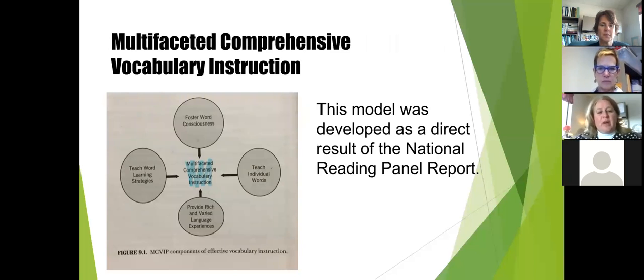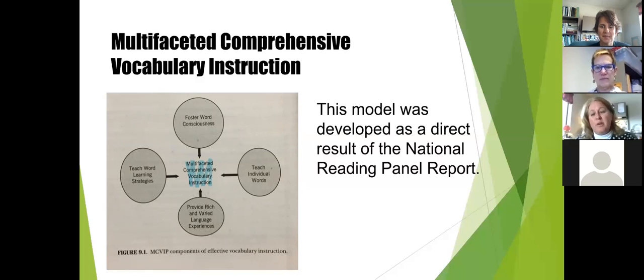So we learned about Marzano's six-step process to teaching vocabulary and Isabel Beck's robust instruction model. In the next few slides, I'm going to present you with a final research-based instructional approach to vocabulary instruction. And it's a mouthful. It's called Multifaceted Comprehensive Vocabulary Instruction. And it's the work of Michael Graves.